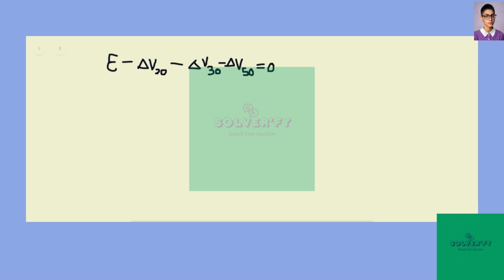Great. So now, basically, if we can find all these drops in potential, these three, we'll find the EMF of the